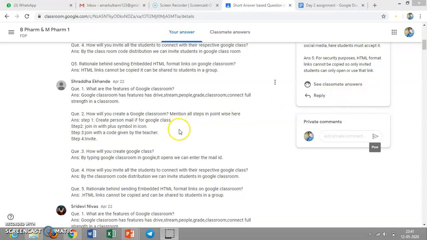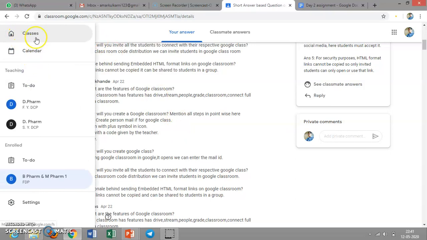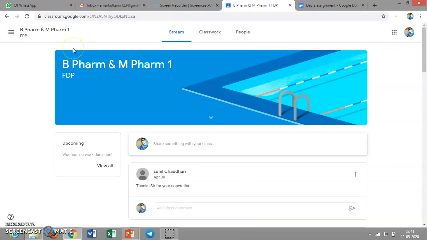Let's see another example. For that, you just go to your class by clicking on class. Here, if your teachers have provided any assignment, you will see it here. So I am viewing this.